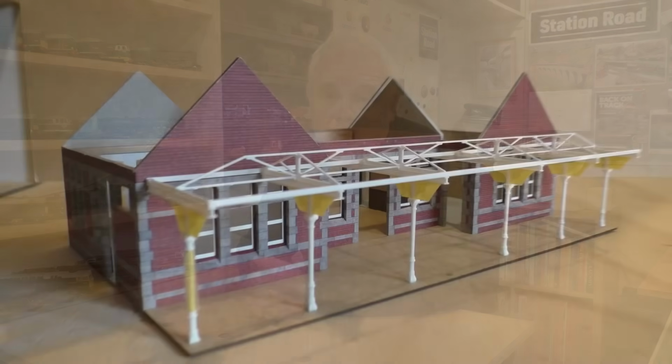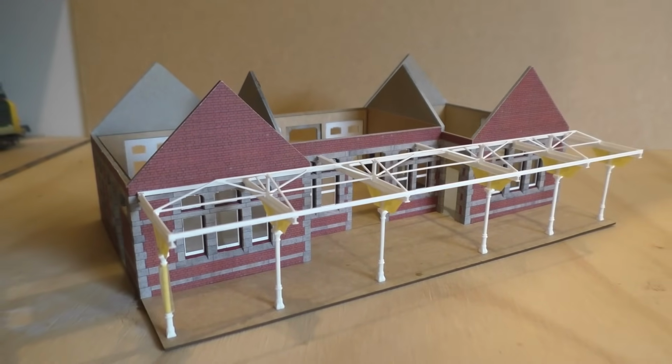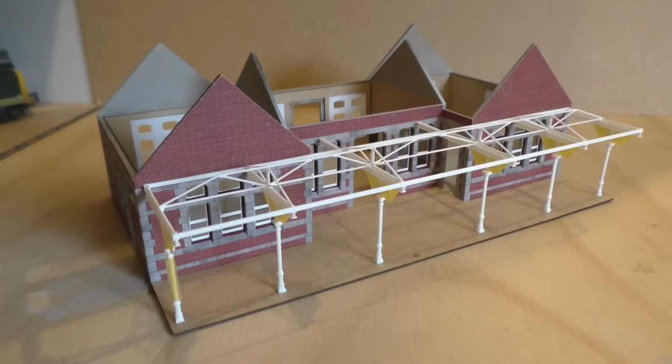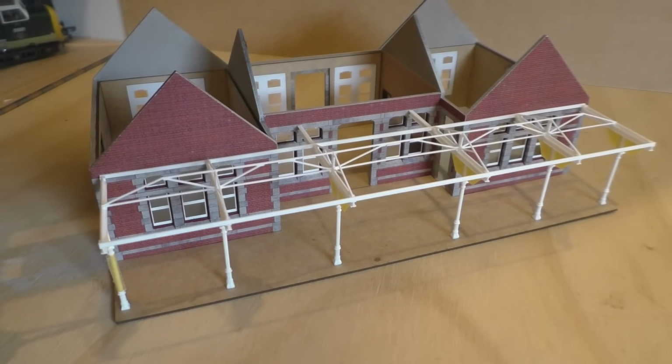So there we have it. We're certainly making a bit of a headway with the canopy, and of course, as I mentioned previously, we've still got to actually work out the framework for the glazing as well. So that's the top area. So we may get into that in the next episode. Of course, I've also got to wait for a little bit of warmer weather so that we can spray paint